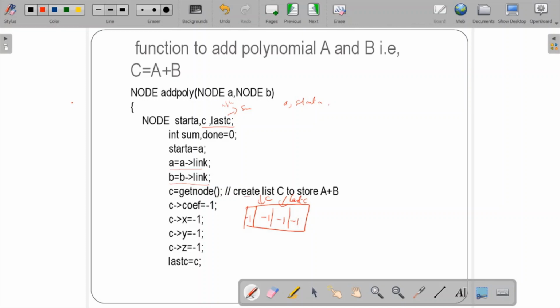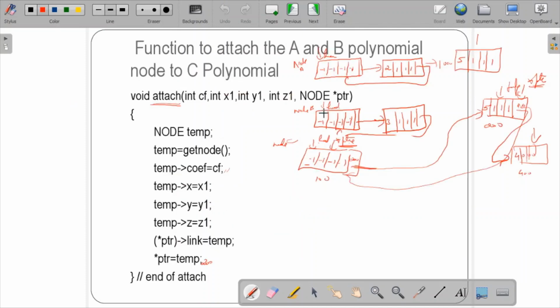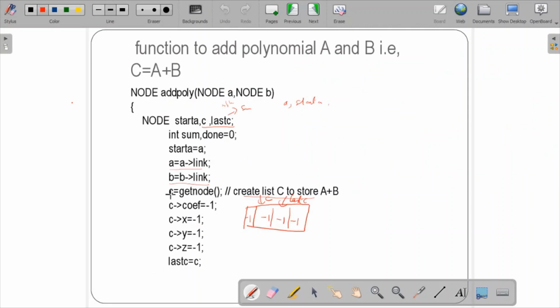So this is what, in the previous slide if you had seen this section, this is this section, same section. So that is what I'm setting in this particular code. Only these two I need to explain, because while tracing over here I'll take the node structure, that's why I've kept it pending. So just remember, while doing node add poly I required start a, and then you require b, as well as regarding the b you need a b, and then node a and node b are already declared over here. So I need a as well as b, and then start a, c and last c, and then sum done.